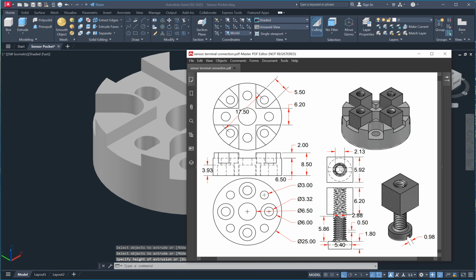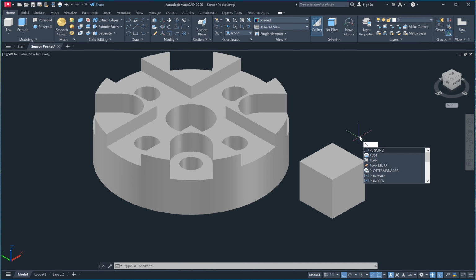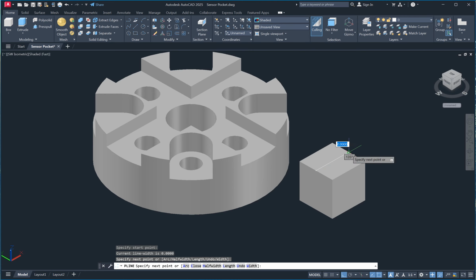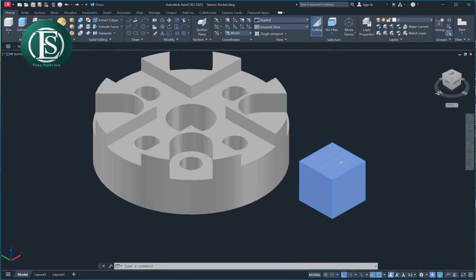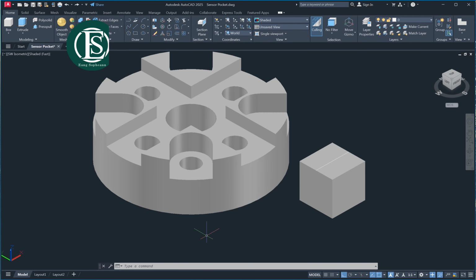And the middle has a slit, so we create a circle 2.13. So next we create the slit, so we need to create the hole in the middle.